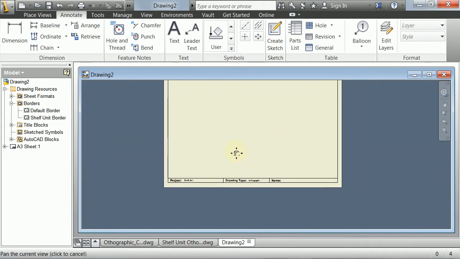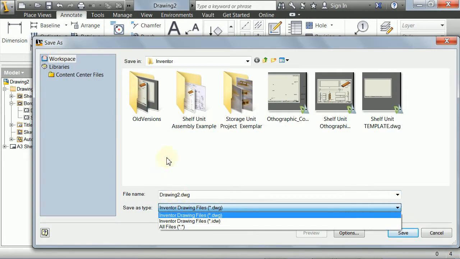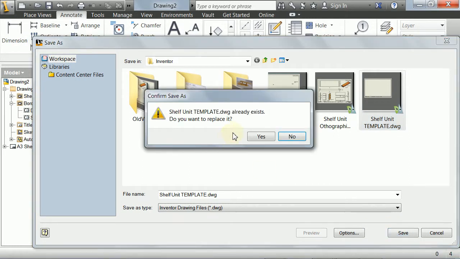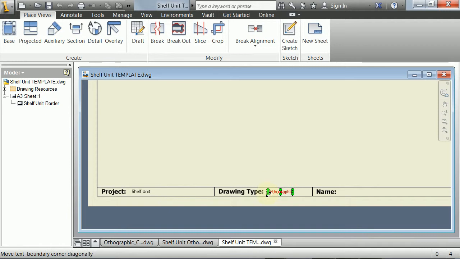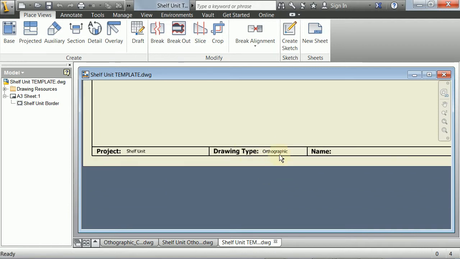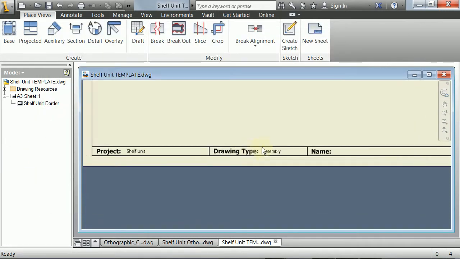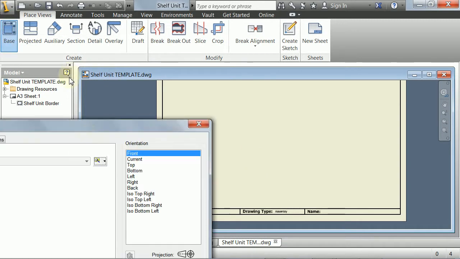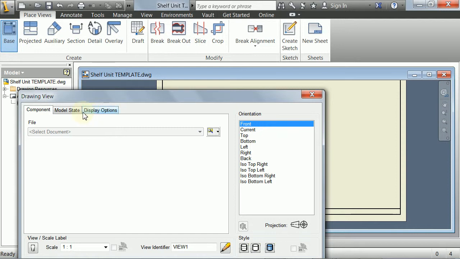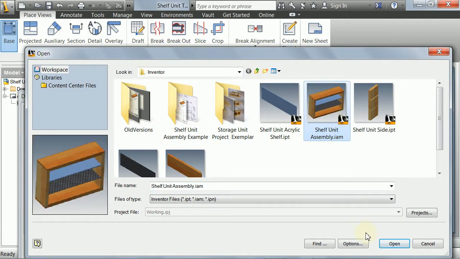So if that was saved now as a template, so I save that as shelf unit template, that would allow me to open that file up, and this would all be set up ready for me to go. So say for example I was doing an assembly, I could change that quickly to that, and I don't need to move it around because it's already in the right place, and then I would be able to begin to start adding my models, place my models. So say I take my assembly one there,